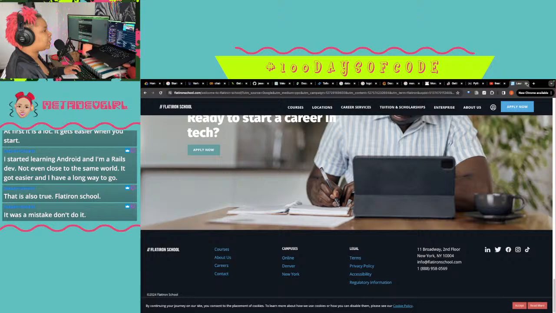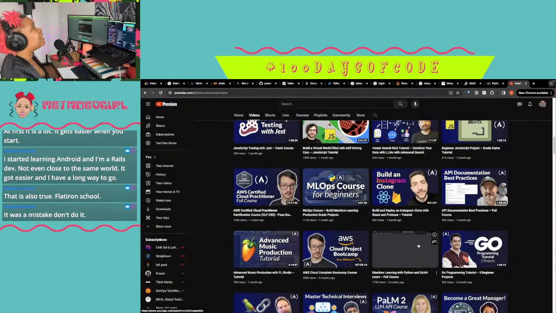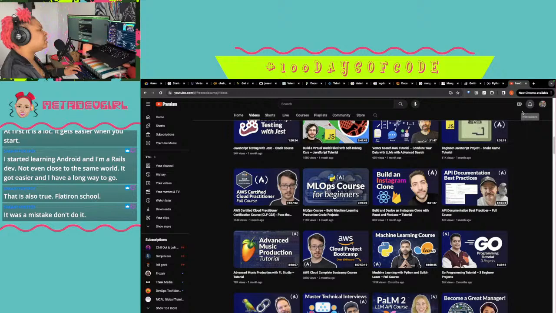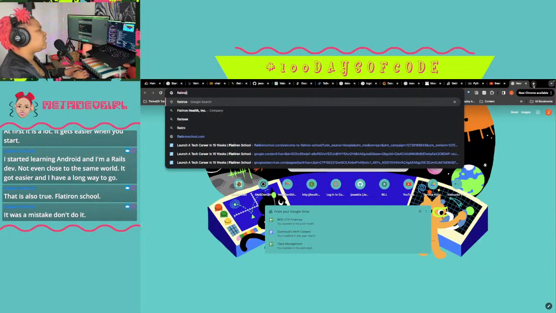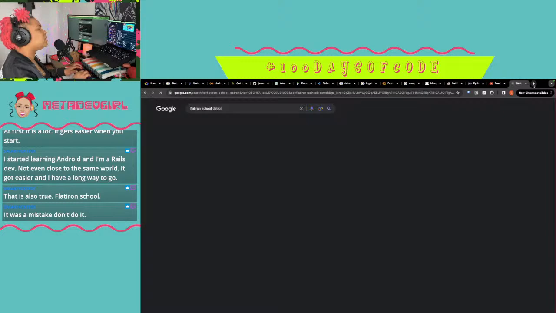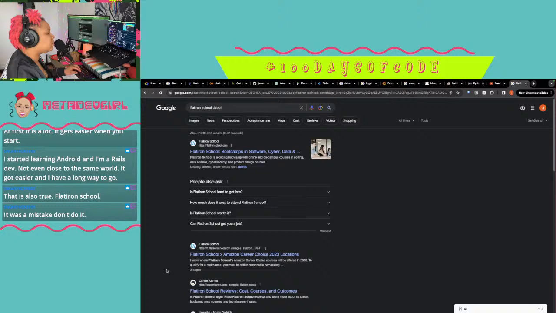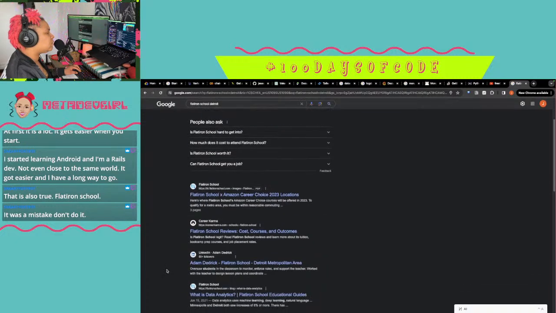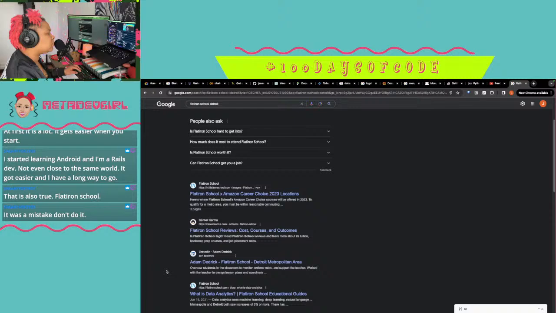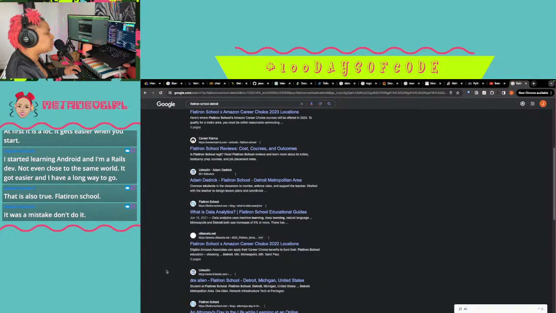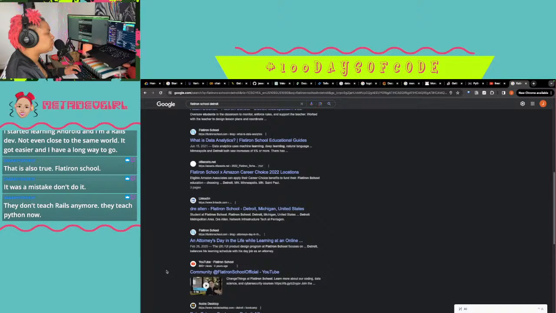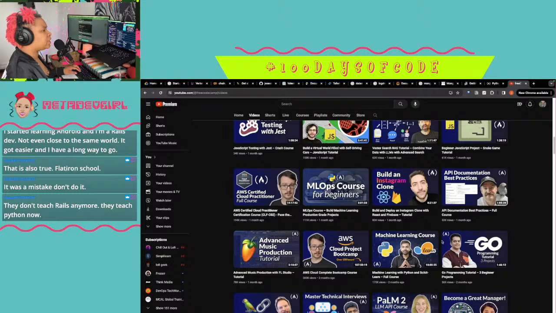It could be hit or miss. I think they tried to open in Detroit a while back, but they didn't last very long. They don't teach Rails anymore. They teach Python now. Makes sense.